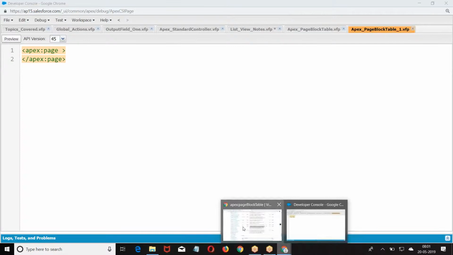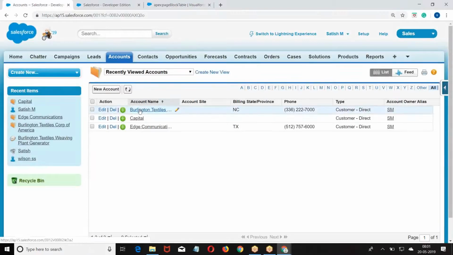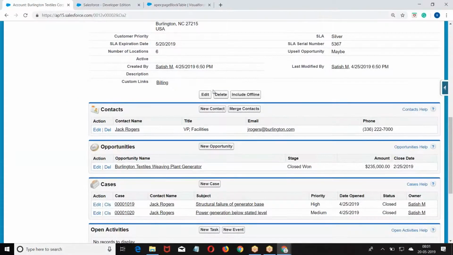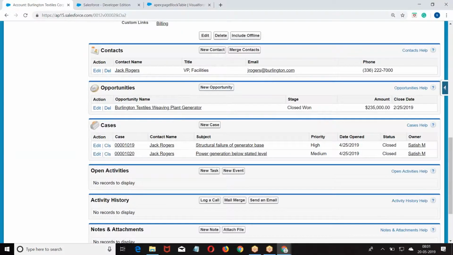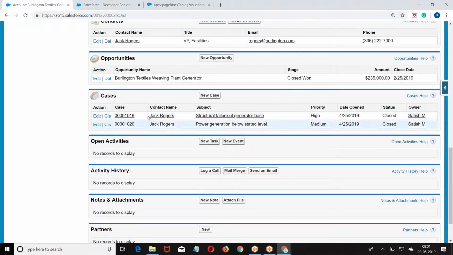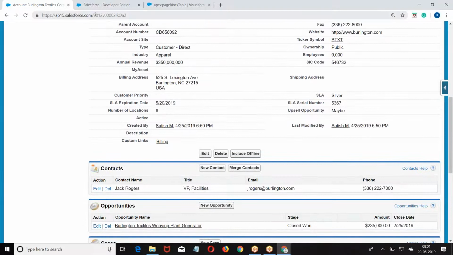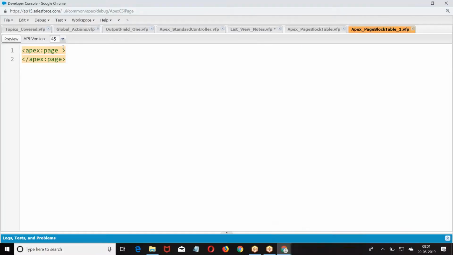Now, first I need to go to any one of the accounts. I'll go with the case. Okay, account case. Standard controller.